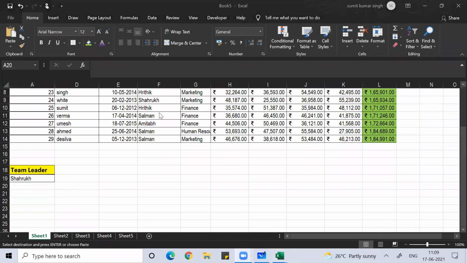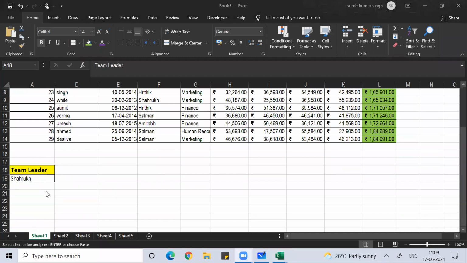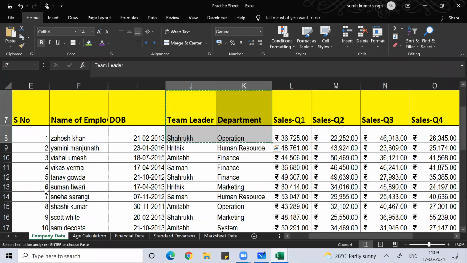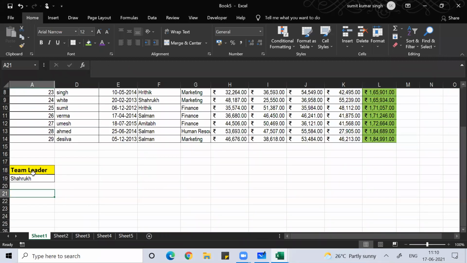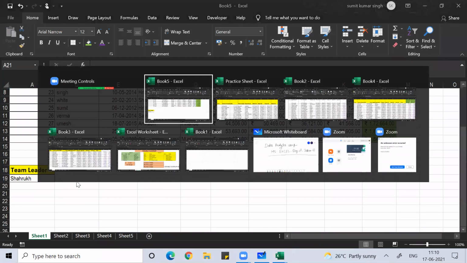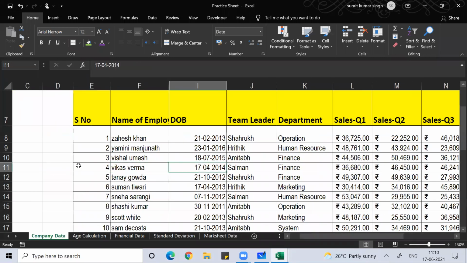If you want to know how many people are working under the team leader Shahrukh, put your cursor here, guys. Here I wanted team leader, so let's do Shahrukh only. When you do this, make sure you put your cursor here.